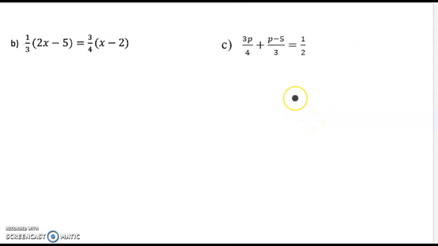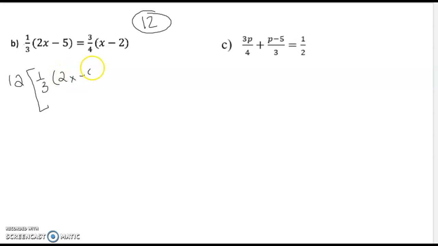Okay. Last two questions. So, if we look here, we have a denominator of 3 and a denominator of 4. So 3 times 4 gives us 12. So our common denominator is 12. So we're going to multiply both sides by 12. So I'm going to have a 12, open up my bracket, and then have 1/3 (2x minus 5) equals, we're going to multiply by 12, then open up those brackets again, 3/4, and then a bracket x minus 2,